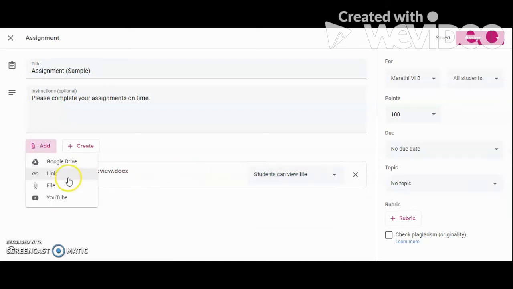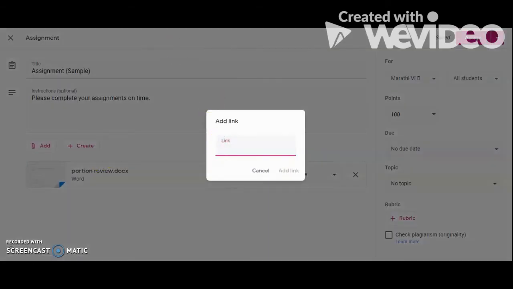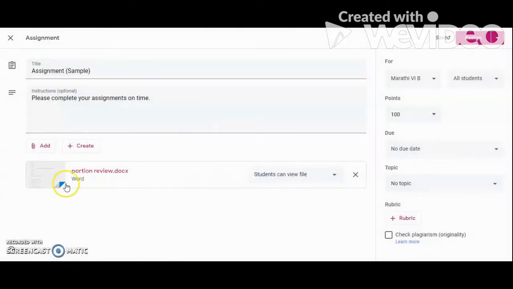Now, you can add a link. For example, you have copied the Google Meet link and you want to add a link over here, or you have copied any link from YouTube or from anywhere else, then you can just click on this. If you haven't copied, you can just copy it right then, and then just click over here to paste. Once you paste it, this particular thing will get highlighted and you will be able to click on add link. After clicking on this, automatically the link will get pasted.